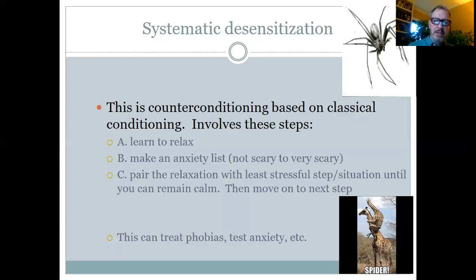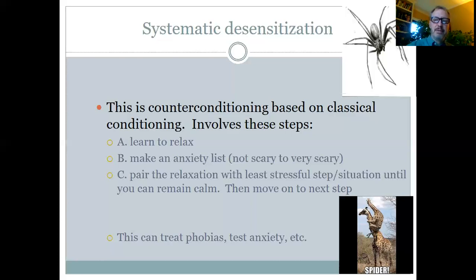Then you can come up with a list from least scary to most scary about things associated with a spider. The least scary thing a person might come up with is a crayon drawing of a spider. Next one might be a photograph of a dead spider. The next one might be a video of a spider. And it just increases in terms of intensity of the anxiety the stimulus provokes. What systematic desensitization does is basically ask a person to get in a relaxed state, and then they first introduce the least anxiety-provoking stimulus, the crayon drawing of the spider. If they can stay in that relaxed state, they move to the next step, which would be the photograph